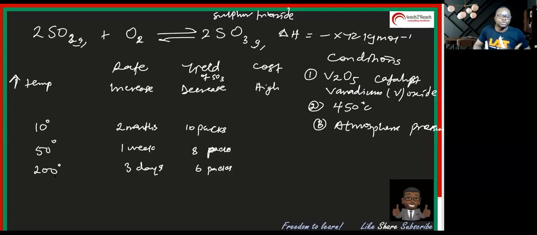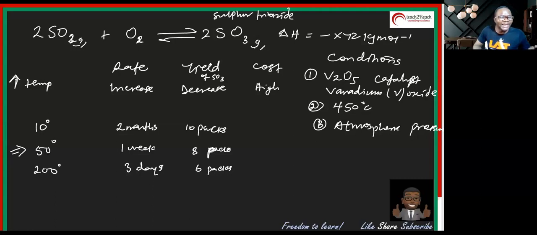Now I increase the temperature to 200. I found out that in 3 days, I was able to produce 6 packs. So would that be okay for me, knowing fully well that if I double this in a week at 200 degrees Celsius, I'll be producing 12 packs? But my temperature here is 50, and the amount of energy that I will consume to produce 50